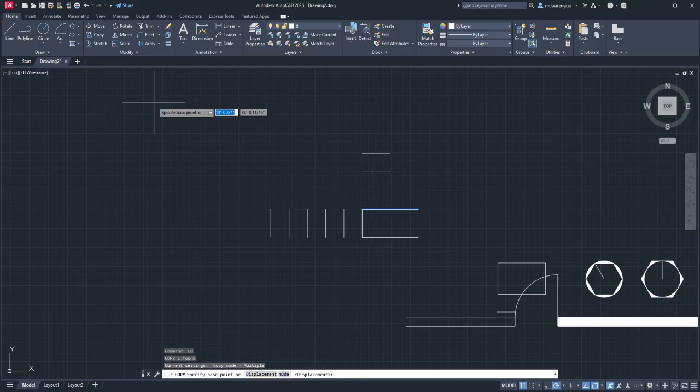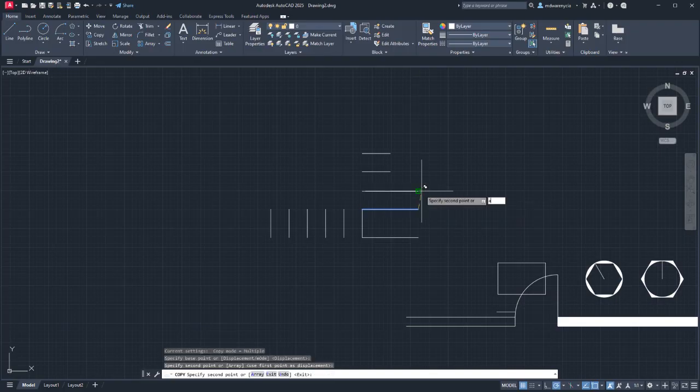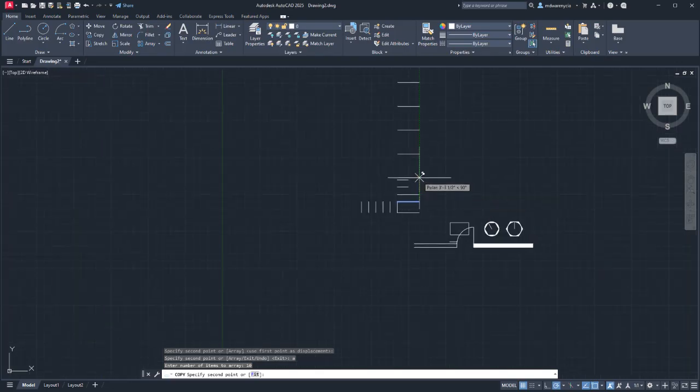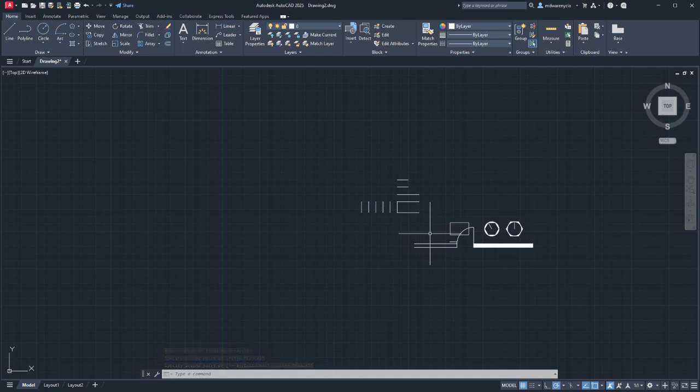Let's go back to the copy tool again. We'll do that, and then at this point, I can select array, number of items to array, 10. So that'll draw 10 off in the direction that I'm working here. So you can see right there, there's 10. Usually you'll end up using this more for some of the other classes. A lot of the older students were big into having wall murals that had multiplications of things. So that's one way where, instead of doing a whole bunch of lines manually, you could do them really quickly